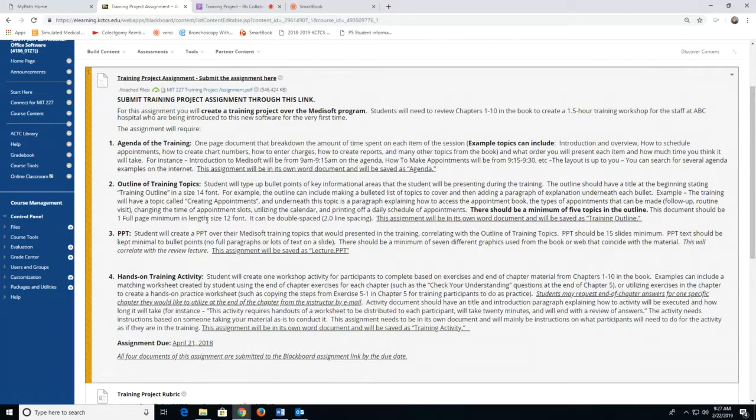Utilizing exercises in the chapter to create hands-on practice. So, for example, copying steps from exercise 5.1 in chapter 5 for the participants to do as a practice. And students may request end of chapter answers for one specific chapter you would like to utilize, and you would have to email me. So if you want to say, I'd like to get the answer guide for chapter 5,